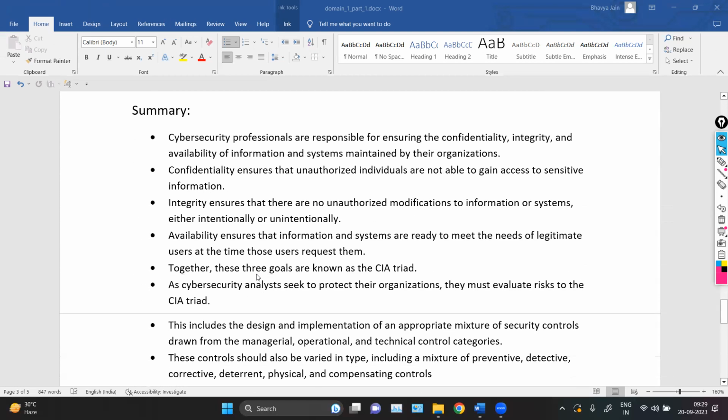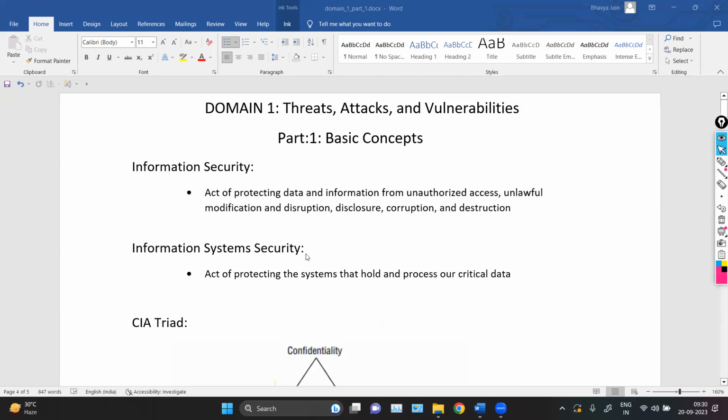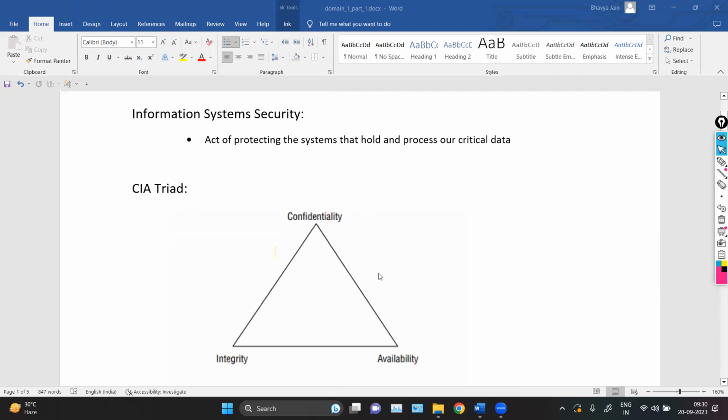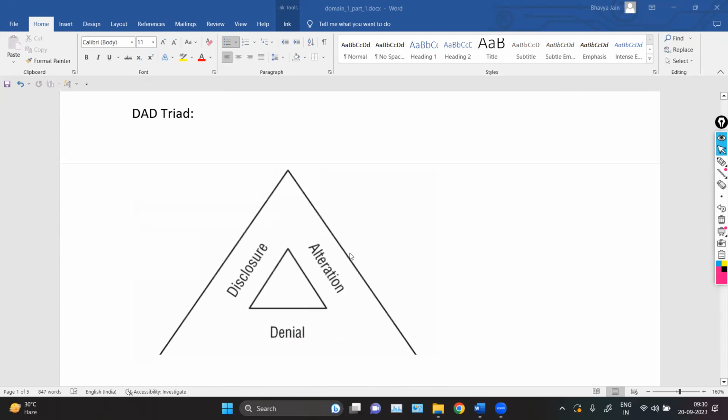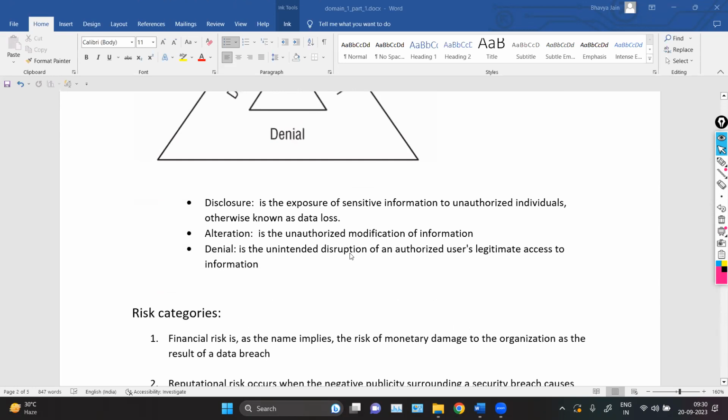Now let's take a summary of the entire session. First, we discussed what information security and information system security are. Then we discussed confidentiality, which stands for no one can read your data. Integrity stands for no one can modify your data. And availability stands for your data should be available at any time for the authorized user without any delays. Then we have the DAD triad, which is the opposite of the CIA triad,